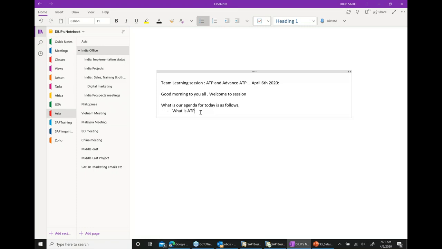Most of the people know what ATP is. I want to focus more on what is Advanced ATP and what is the difference between ATP and Advanced ATP. So I would like to focus the discussion